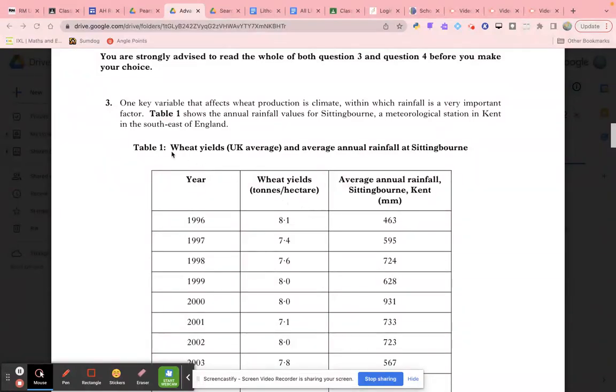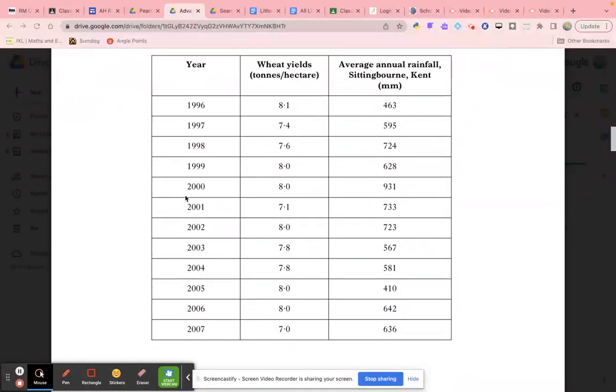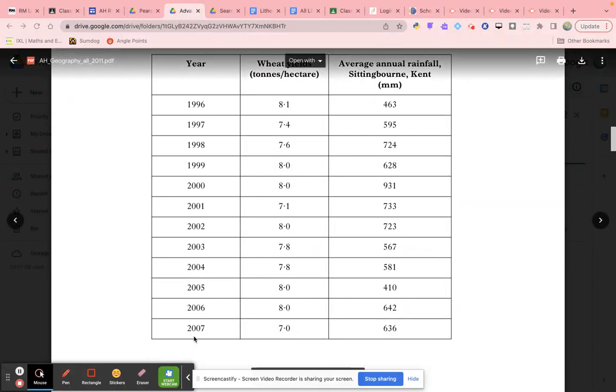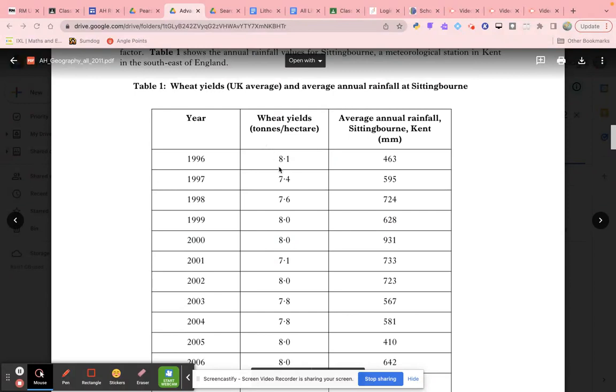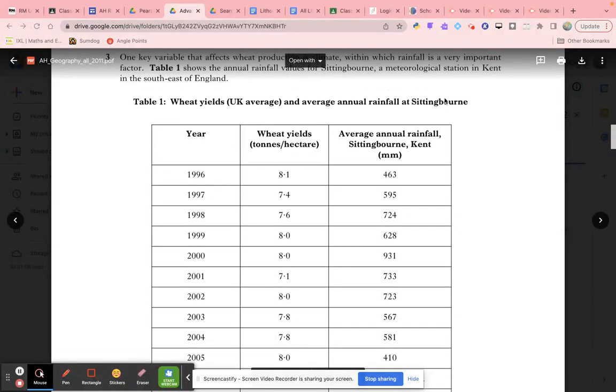Now, in this exam question, we are given data for 10 years from 1996 to 2007. 1, 2, 3, 4, 5, 6, 7, 8, 9, 10, beg your pardon, 12 years. And what are we given? We are told the number of tons per hectare of wheat that an area is getting at Sittingbourne. So we're told that this area of Sittingbourne, that's the yield of wheat, 8.1 in 1996. And we're also told the millimeters of rain that is falling in this area of Sittingbourne,